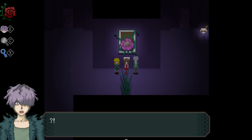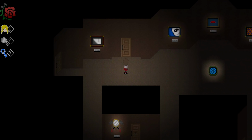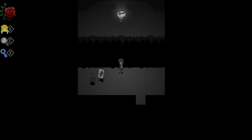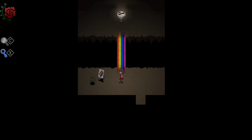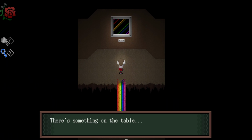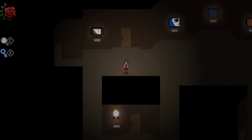Another puzzle that I really enjoy is a major segment of the game where you have to collect multiple color blobs in order to fill up an artist's palette. And then a room that was previously all monochrome is now shown to be all colored in, with a rainbow bridge allowing you to cross a gap. Very cool. Moving on to the music and sounds in Ib are another great way that the game fully immerses